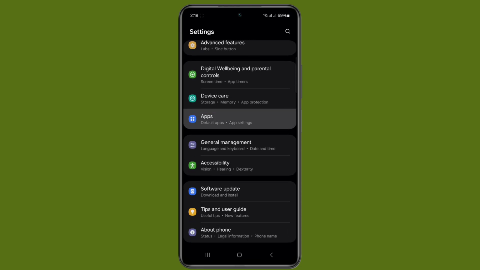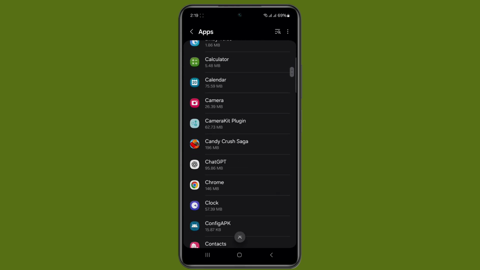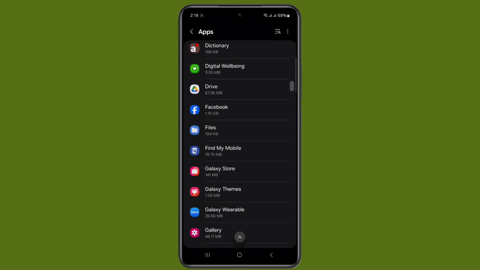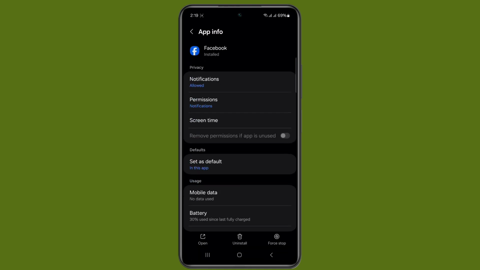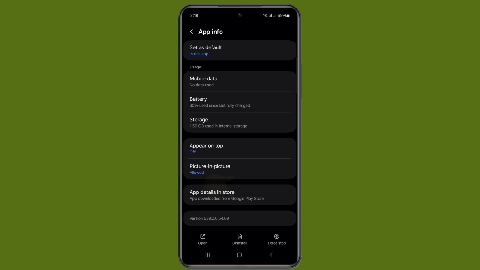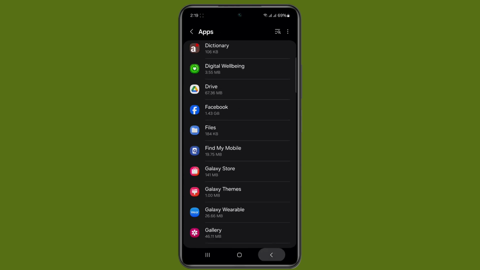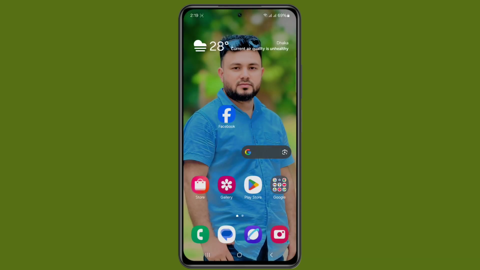click on Apps. Now scroll down a little bit, find Facebook, click on Facebook, and now scroll down a little bit, click on Uninstall, click on OK, go back to the home screen and go to your Play Store,